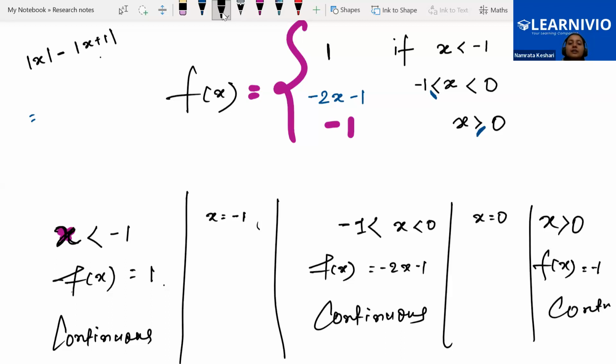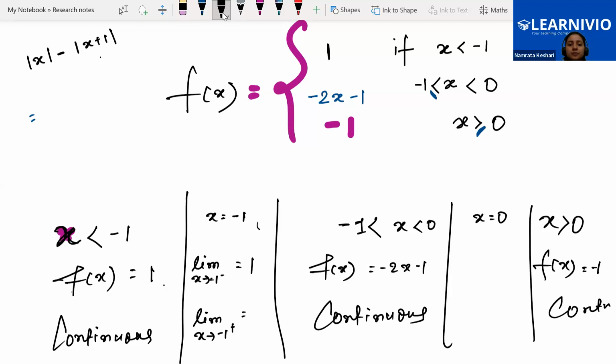Okay, at -1 we will be checking. Let's check it. Left hand limit will be just 1, right? Yes. Right hand limit will be